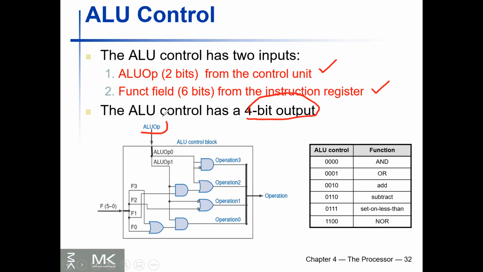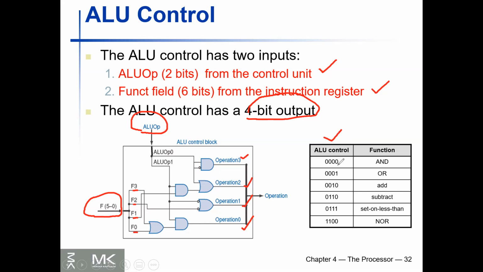See, 2 bits come here, OP0, OP1. It is connected to the upper one and this one too. And this is 0 to 5, the function field, it is connected here. By the way, in the function field we are not using all of 0 to 5. Can you see what we are using? 0, 1, 2, 3. Still 2 are remaining. So we are using only 4 bits of this function field and the 2 ALU bits. Then we are generating 4 different operation code bits, 0, 1, 2, and 3, which are basically the ALU control